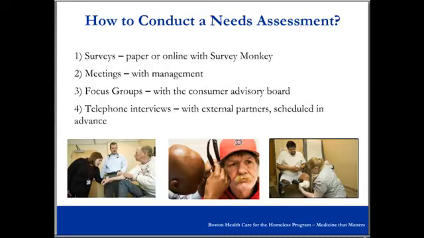The way we did our most recent one was we used 4 major components, with 4 different target audiences. First, with our staff, we used surveys. We used both paper and online for outreach sites that may not use internet connection as much, and for the main site, we used mostly the online survey through SurveyMonkey.